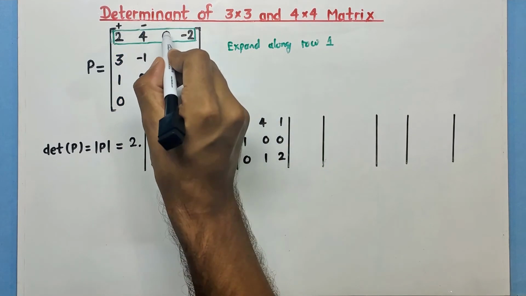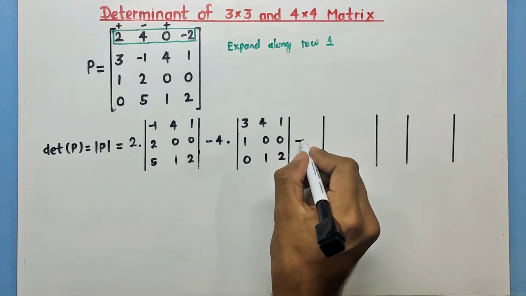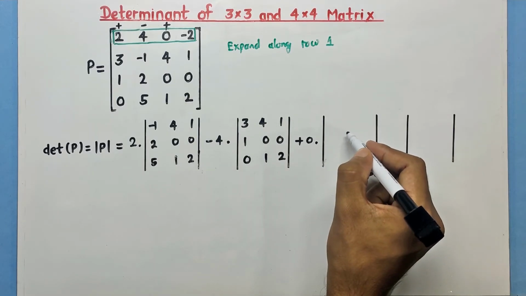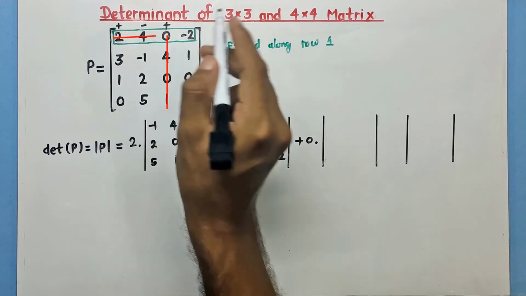Next we have to take the third element of the row with the positive sign. So we'll have plus 0 times the determinant of the matrix not having this column and this row. This matrix will be